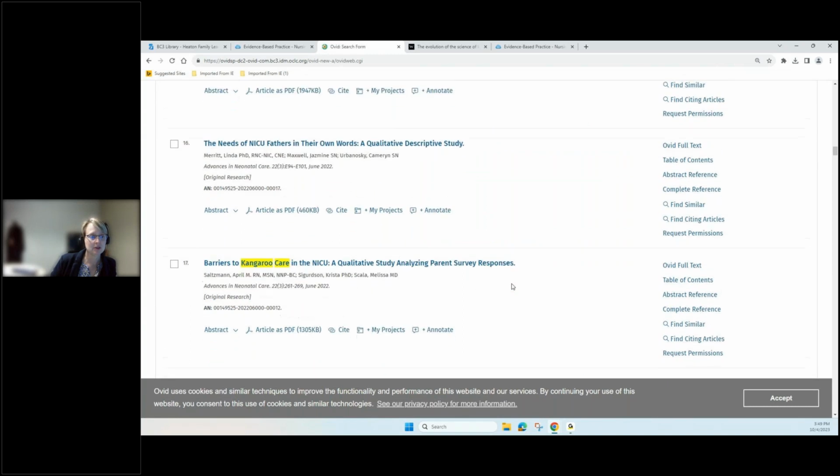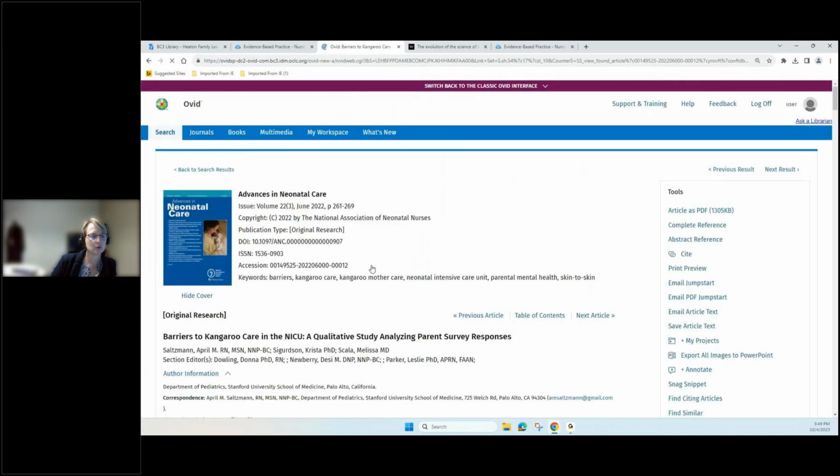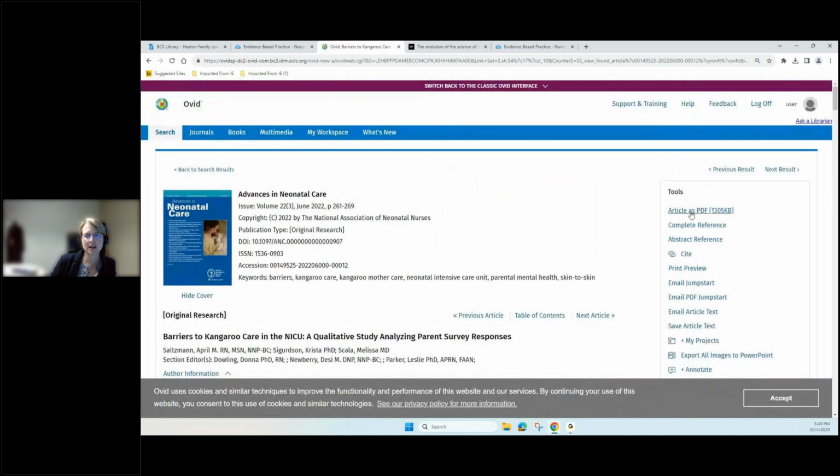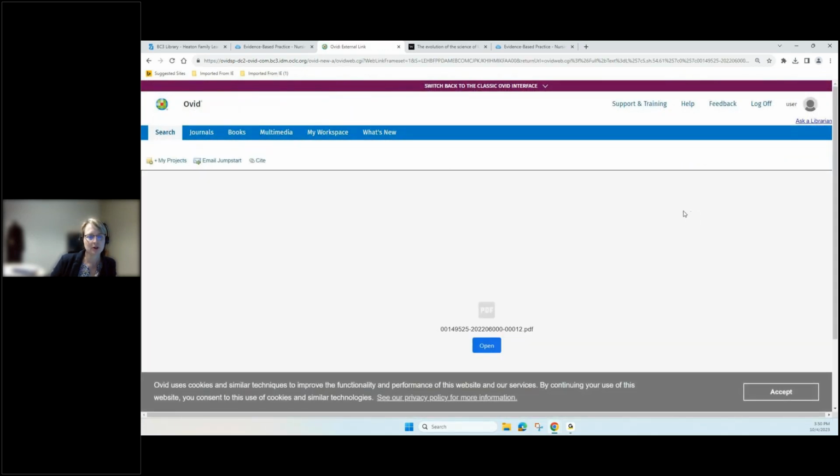And sometimes there isn't any. So here's one, definitely on kangaroo care, that I could get. Now, if I want this article, if I read through and I want it, I can go get the article as a PDF. And so I can pull up that article and I can open it,